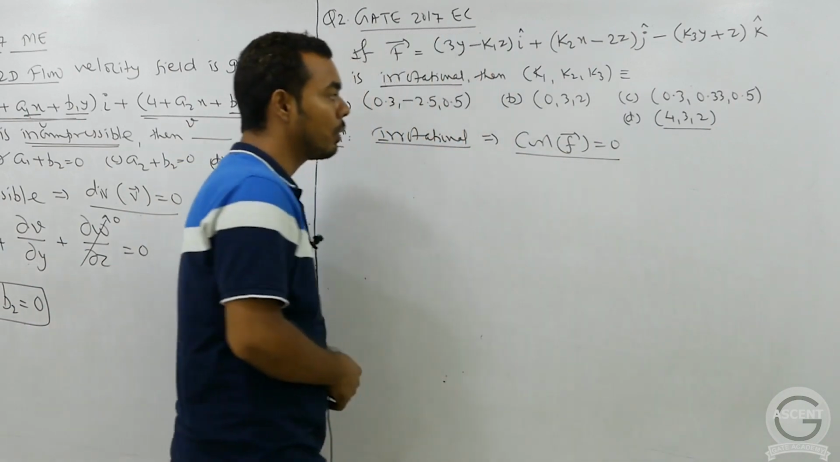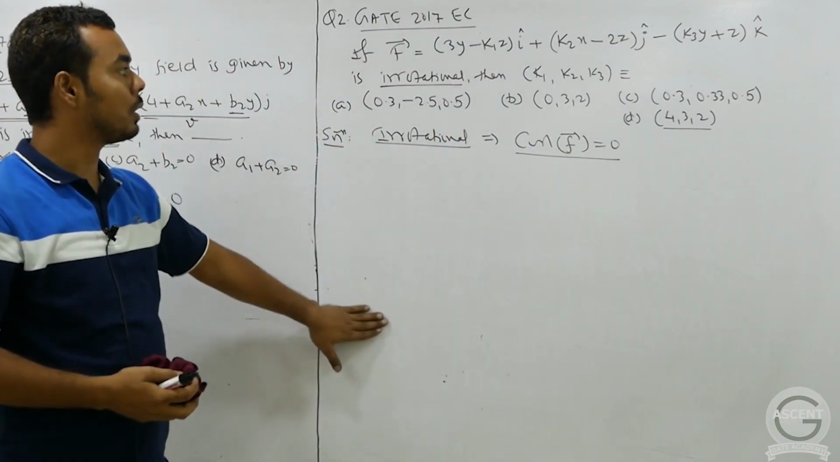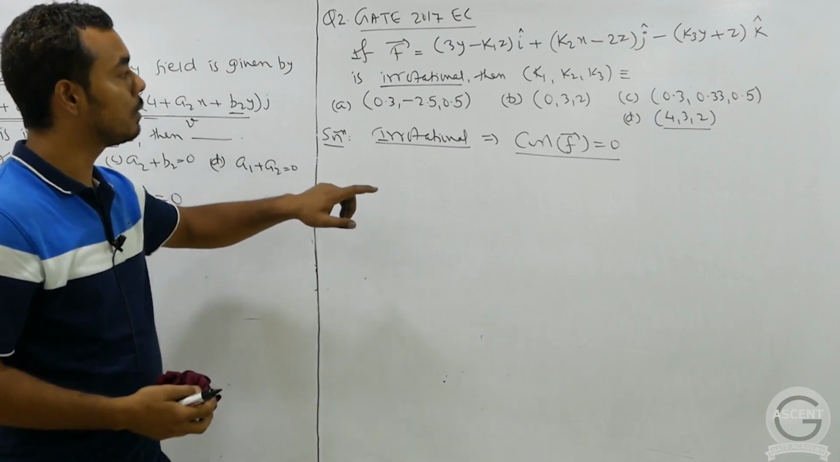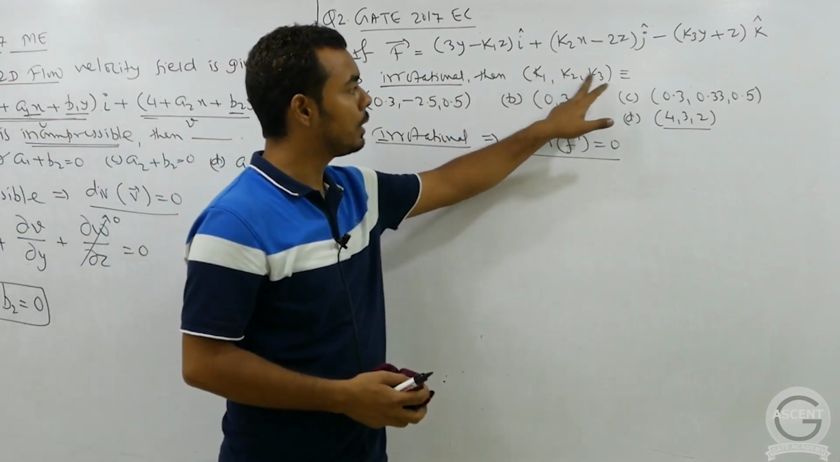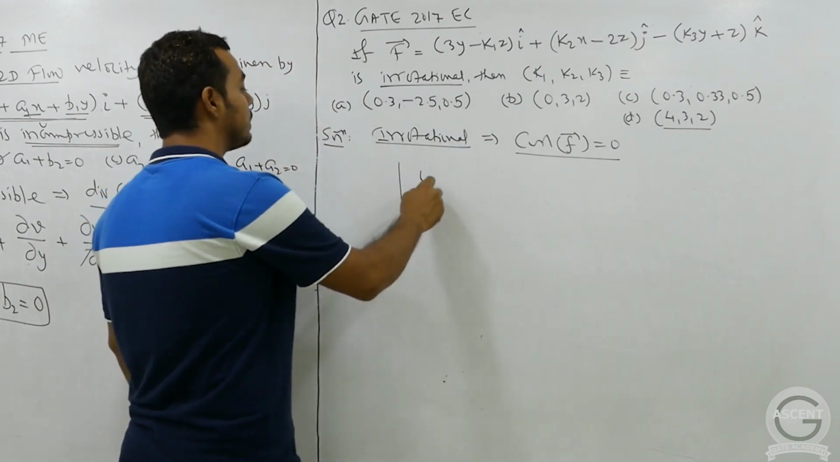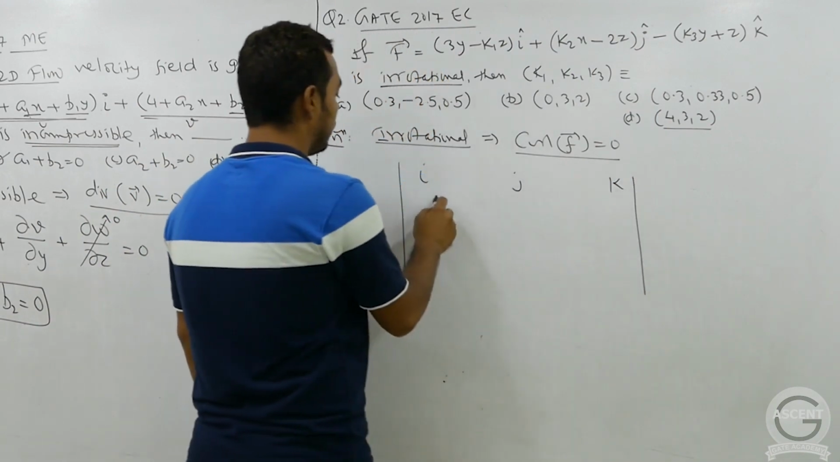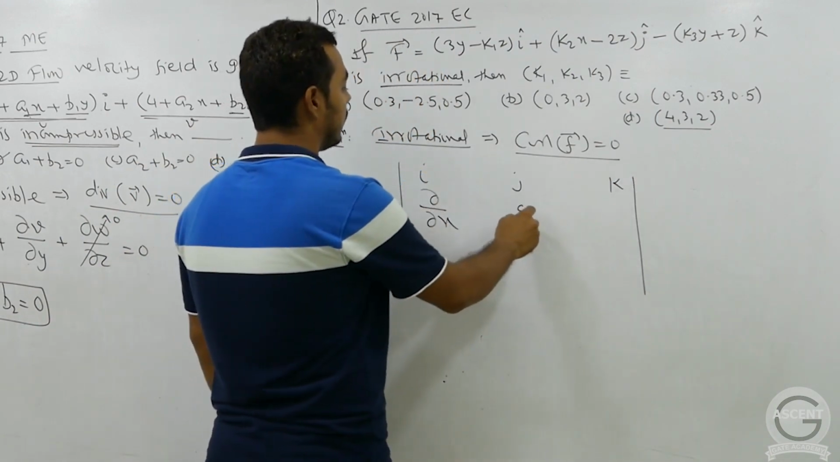Irrotational means there is no rotation. If there is no rotation, curl will be 0. So here the question is, what will be the value of this k1, k2 and k3? So if curl of f is 0, this means i, j, k, del by del x, then del by del